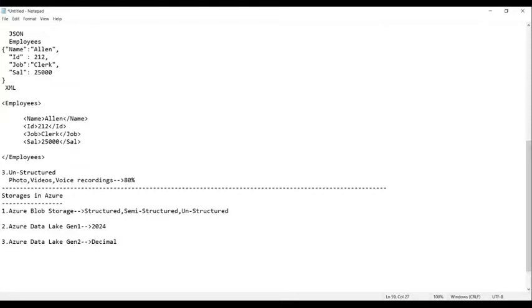In the source, decimal is accepted. What do you mean by decimal? I'm writing a word here: 7,000.22. This is the data accepted in the source. That is, in the source file, it is like this.